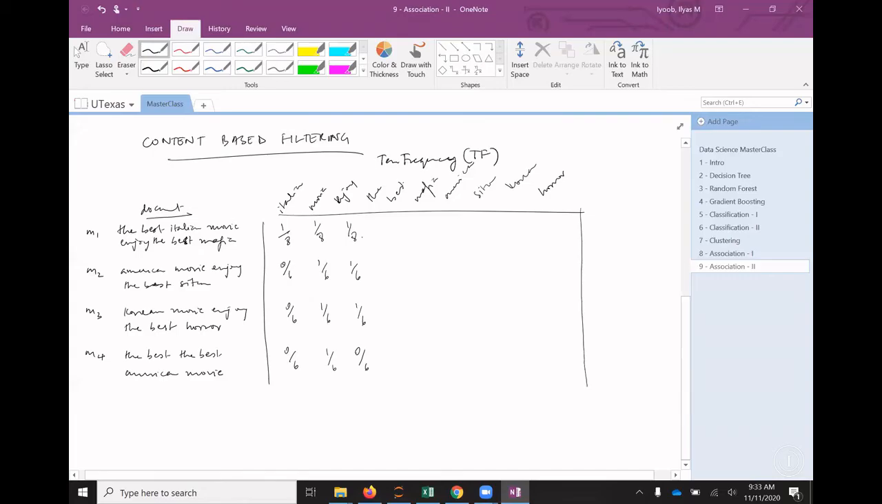But at the same time, there are some words that show up, like the word movie, right? It shows up in all of them. So we don't really want to take in terms that show up in all of them, because these are just words that are going to throw our calculations off. We want to ignore them. Okay, so